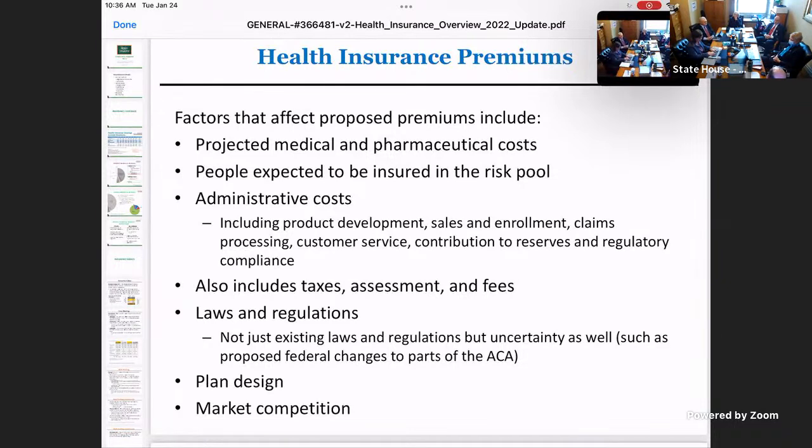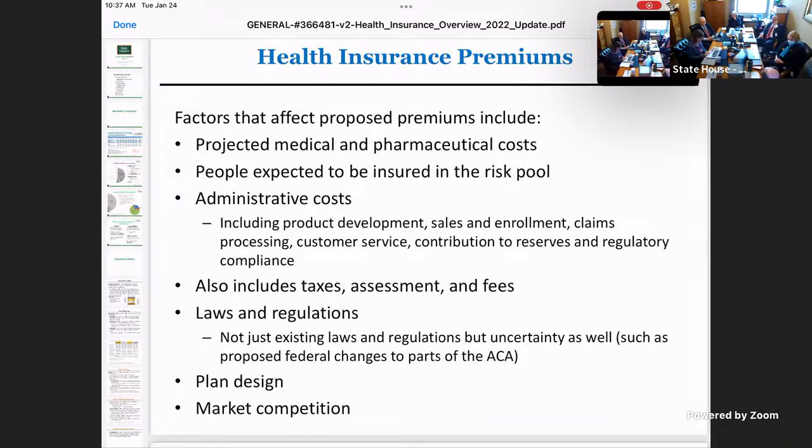There are what are called actuaries, who work for the insurance companies and do all the calculating. Really, they're trying to look at a crystal ball and say, how do we set a premium that we know will cover our costs if people are sick? We don't want to charge too much because we want to be competitive, but we also want to make sure that we stay in business. So they're trying to figure out what the cost of the premium should be when they build these products.